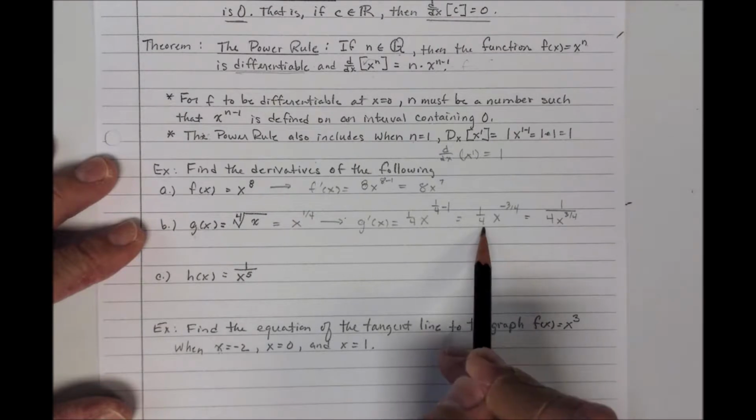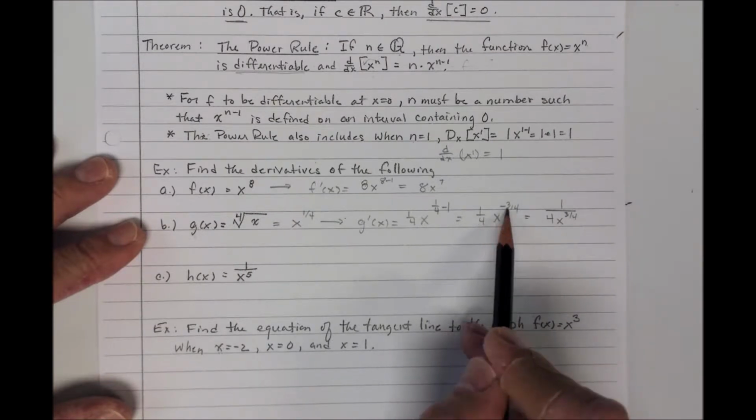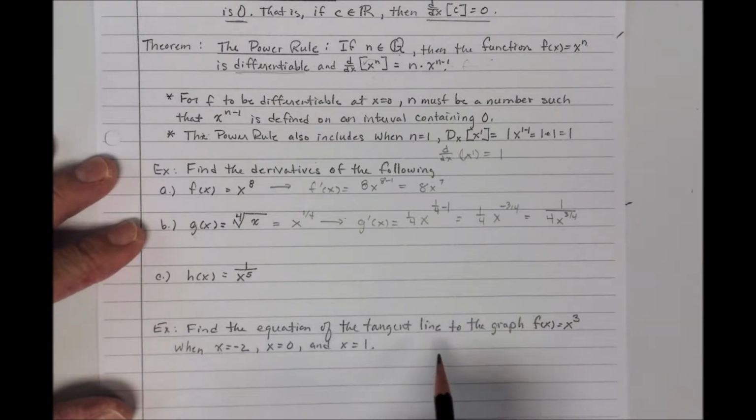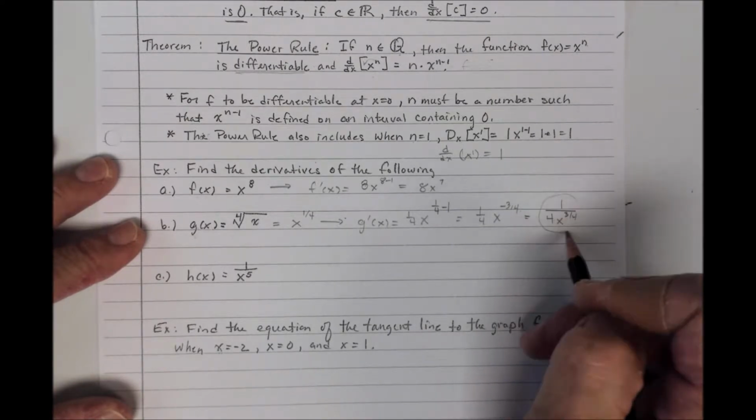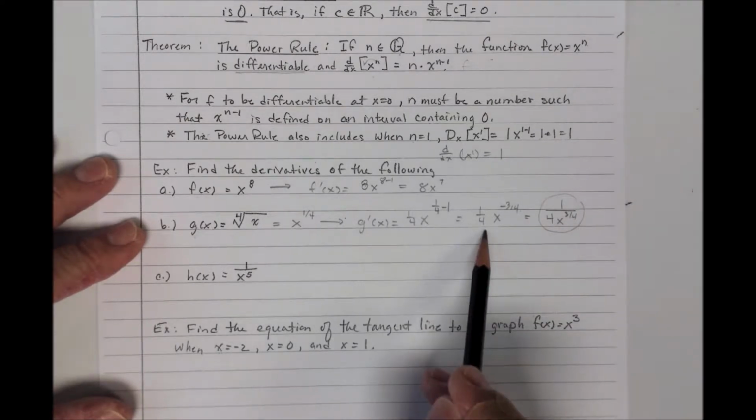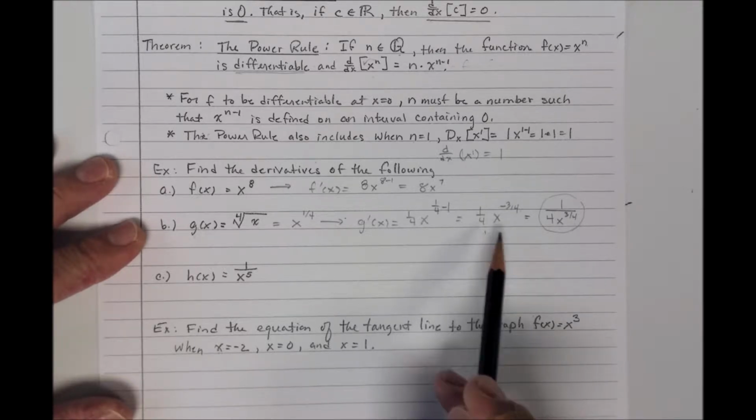The 4 is in the bottom because of the fraction, and x to the negative 3/4 is x to the positive 3/4 in the denominator. And this is how I would leave my answer. Now, if you left your answer like this, it's not necessarily wrong. You probably won't match an answer in the back of the book because they typically don't like to leave answers